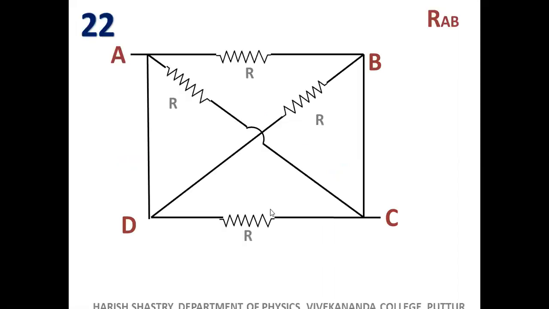Okay. 22nd one. Yes, this is the circuit. The major difference between the previous one and this one is here we don't have a connection. We have a jump here. The resistors are not connected here. So you can't treat this as series or parallel anything. Parallel, we will check it. Now, it is asked to find out between A and B. B is here, A is here.